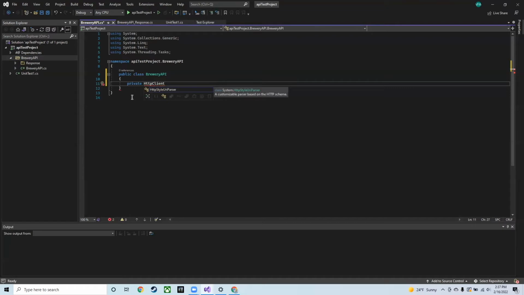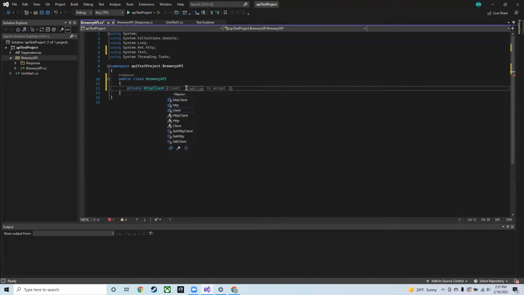I don't have it set up yet, so once the squiggly lines come up, I'm going to go to quick actions and use system.net.http, and we'll call this REST client, and we'll do equals new HTTP client. Then we'll do a private string